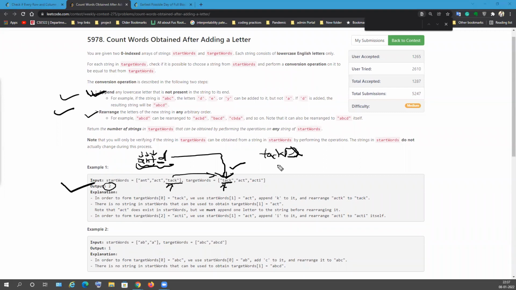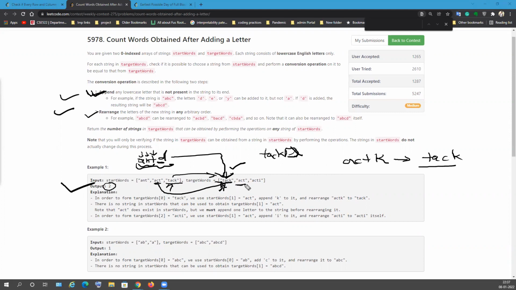Without appending, if you are getting it, that will not be the answer. So tag will not come directly from tag, but act can come to tag. How? Act is there, you will append K, and then when you rearrange it, it can become tag. So that's why our tag will come from act, not tag.